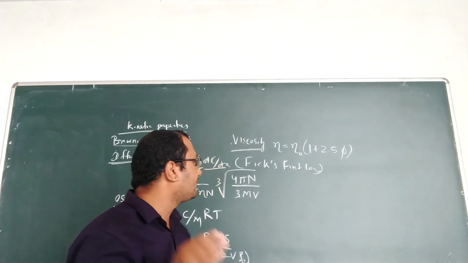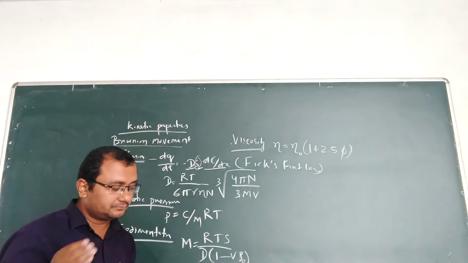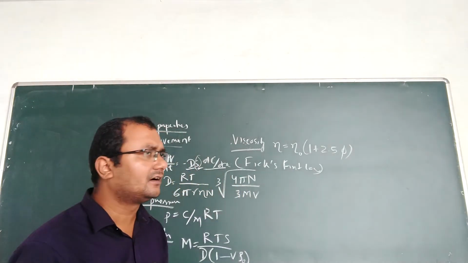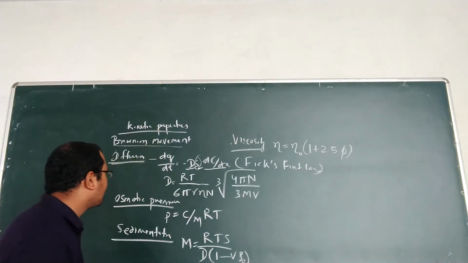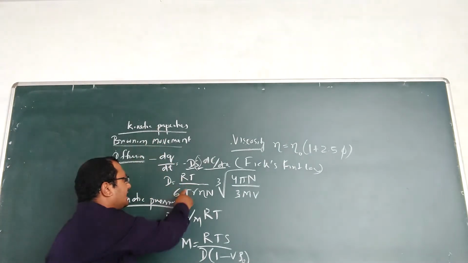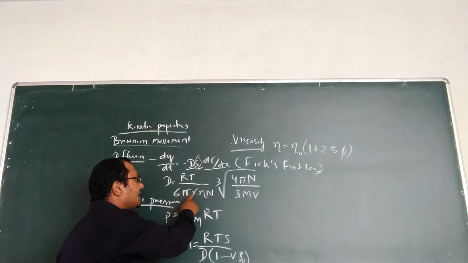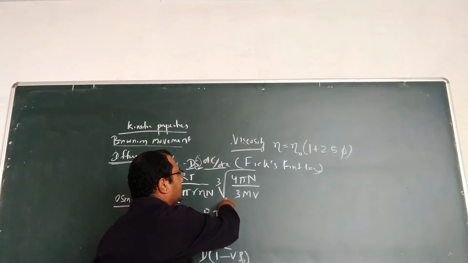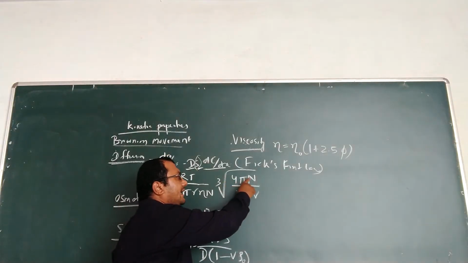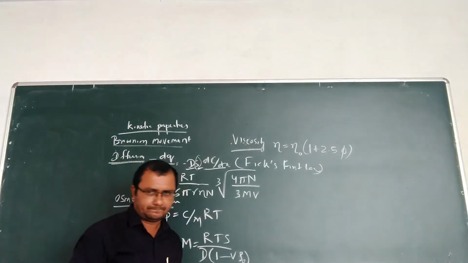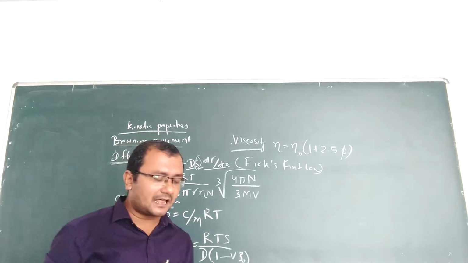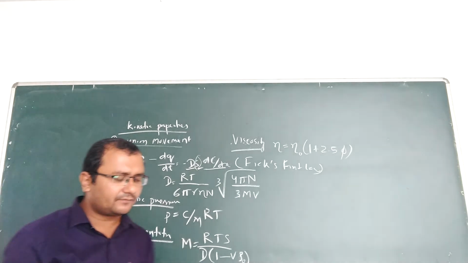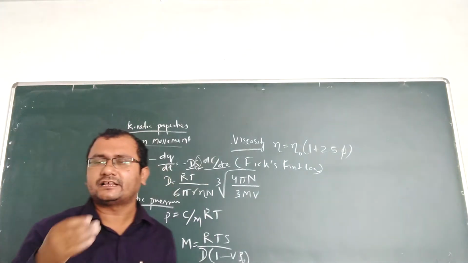So like that, there is another formula also by which we can find out the diffusion of particles in colloid. The formula is D is equal to RT divided by 6 pi R eta m into the square root of 4 pi m divided by 3 mv. So by using this formula, we can find out how much amount of drug will be diffused through this